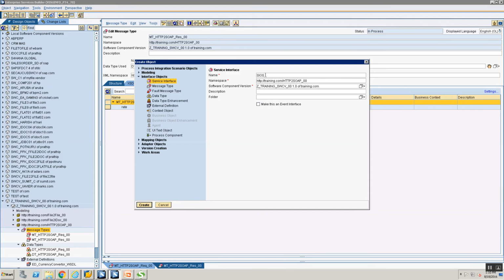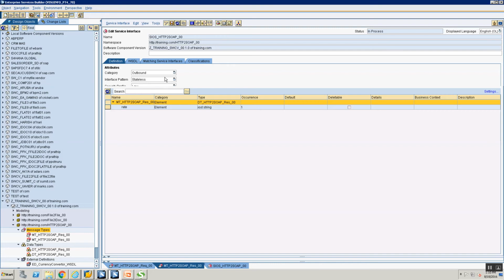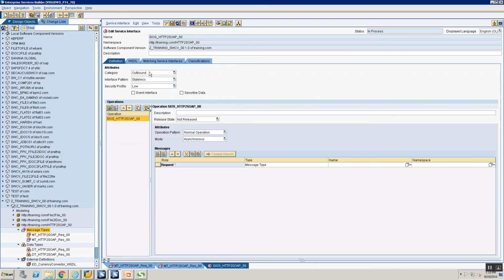HTTP to SOAP underscore 00. Oops, that's a spelling mistake. So I'm going to say HTTP SIOS HTTP to source underscore 00. What does SIOS stand for? Service Interface Outbound Synchronous, right? So this is my service interface.